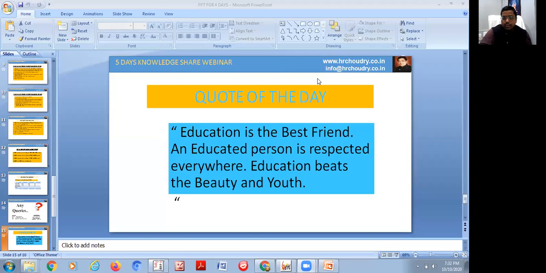Sir, how about input on capital assets? Yes, you can claim it if it is directly relevant to your business. 100% you can claim, because in excise only 50% was allowed, but in GST it is 100% allowed. But there are some negative lists like factory shed and vehicle. If you purchase a car for your personal purpose, it is not allowed. But you cannot claim the depreciation on that.